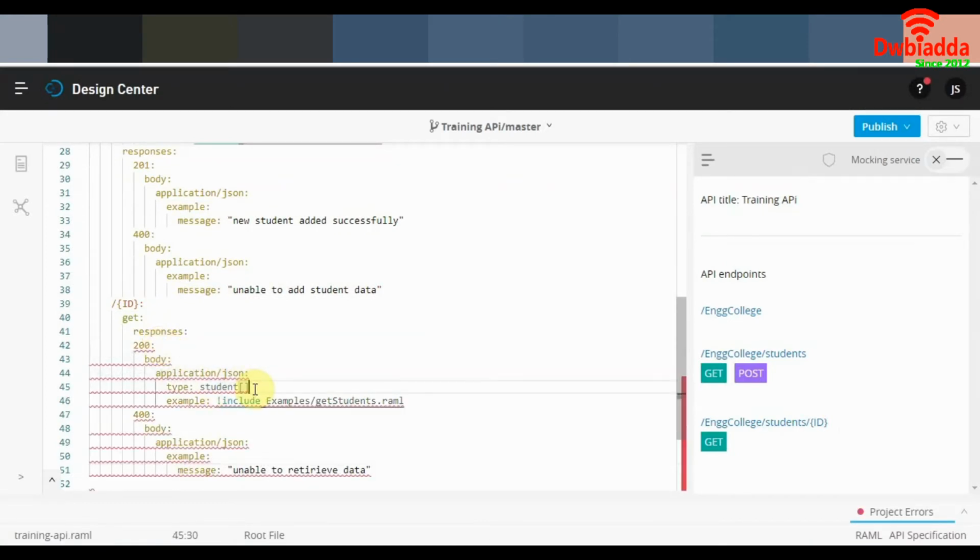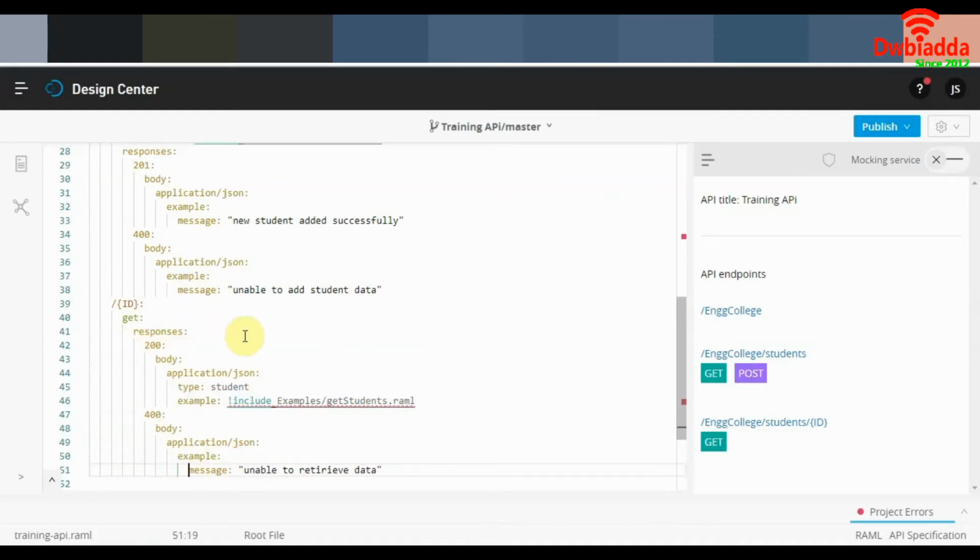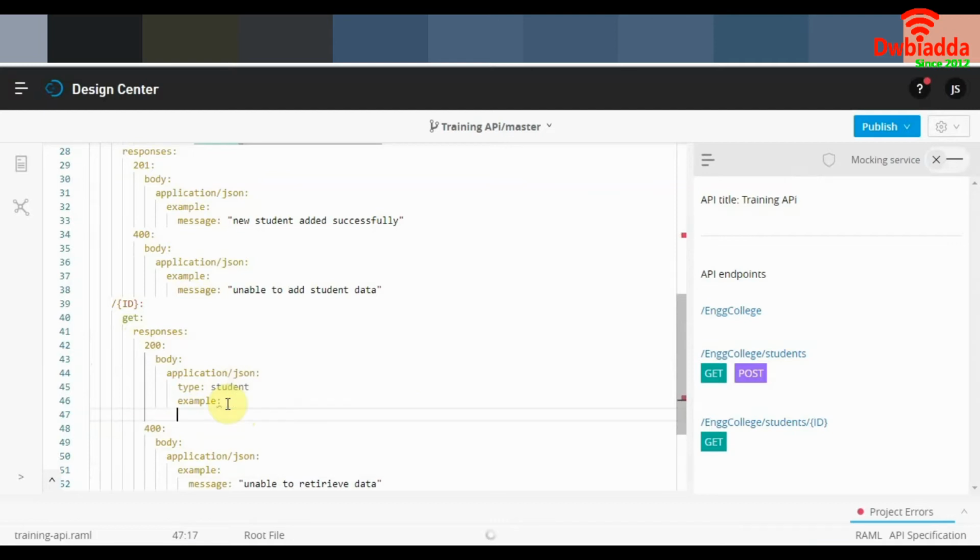It will obviously be a single student, not a collection, so we can take these brackets off. This example won't work since it is a collection of students. Let's explicitly define an example.